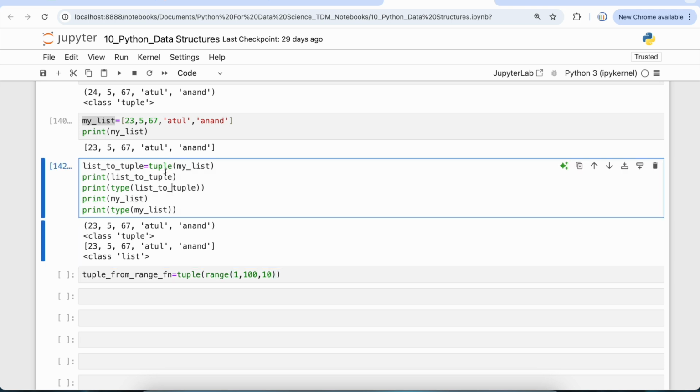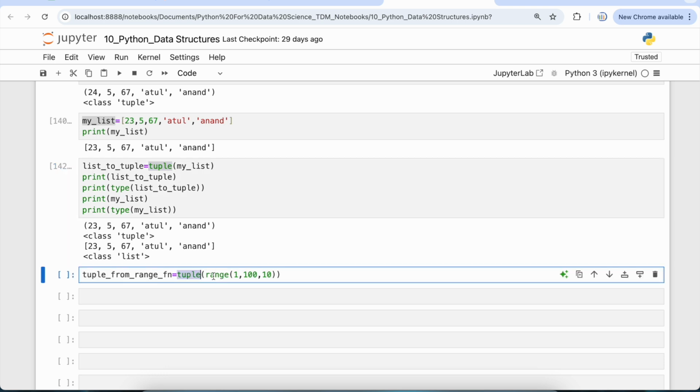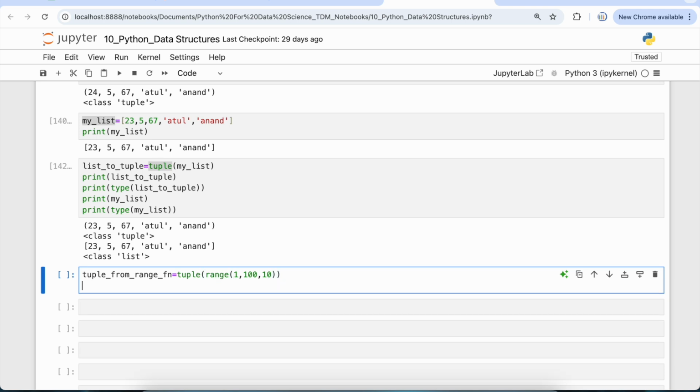So in our previous example, we have seen that the tuple function helps us to convert anything into a tuple. So we are using tuple over here. Within this tuple, the argument that we have given to this tuple function is the range from 1 to 100, and I want this range to get incremented by 10. So between the first and second value, we would have a difference of 10. Okay. Now if I print this